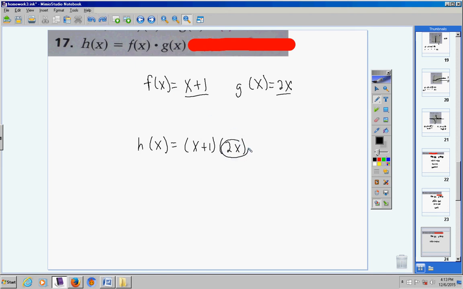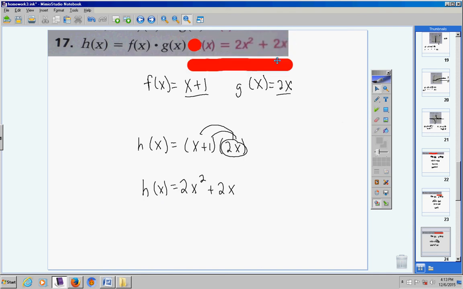That's one term. Remember, positives and negatives divide an expression up into terms. So because I have a positive sign here, I have 2 terms. Here's one term, here's the other. I do not have a positive or a negative here. They're multiplying. So because they're multiplying, that's one term. So I'm going to take 2x and multiply it through. 2x times x, 2x squared, 2x times 1, 2x. So h of x equals 2x squared plus 2x. Alright, 2x squared plus 2x. Alright, moving on to number